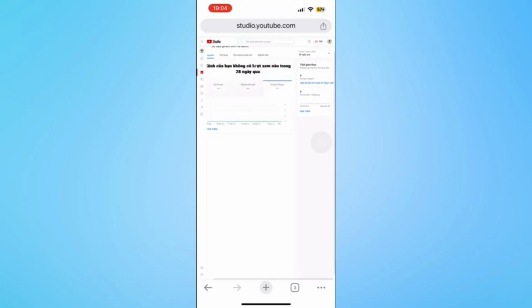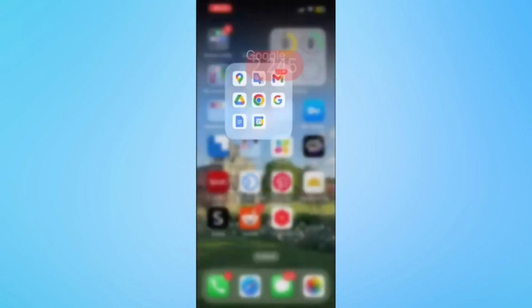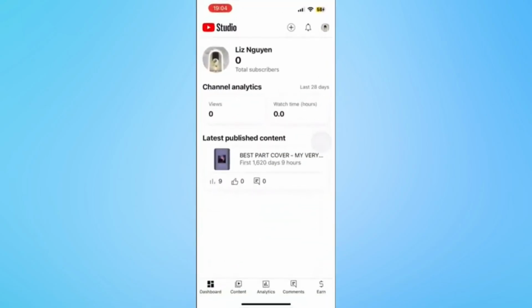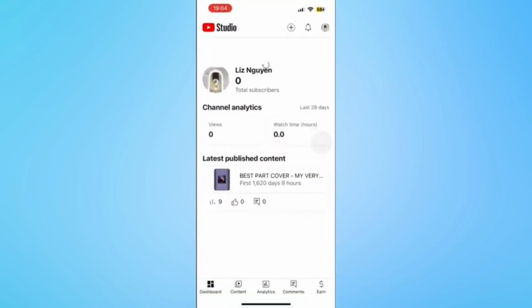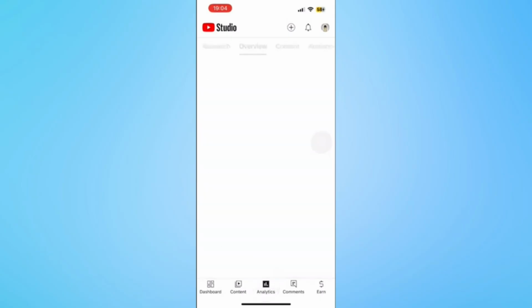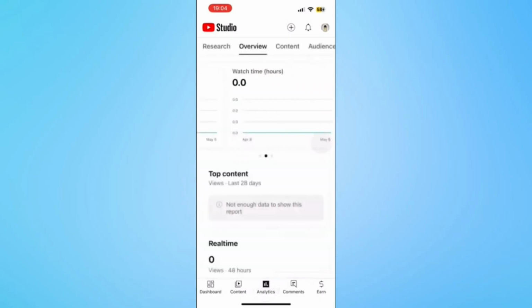Okay, there is another simple way to check your subscribers. You can download YouTube Studio from Play Store or App Store and then access the app. It will show you the total subscribers clearly at the main interface. Okay, I got 0, so it's here show